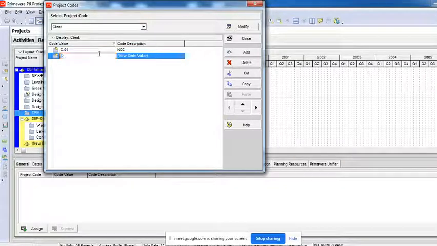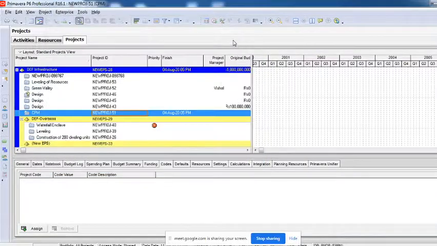I'll say C2, right? Now PNR infrastructure is my client. I'll add PNR. I'll say C3. Who else do you want? HCC. So these are my 3 clients, assuming it. Okay, just an assumption. We have NCC, HCC, and PNR as the 3 clients. Now I'll say close. We have just created the code and we have created the values.